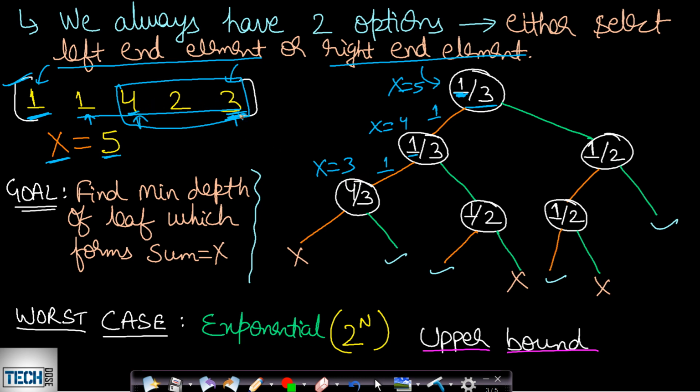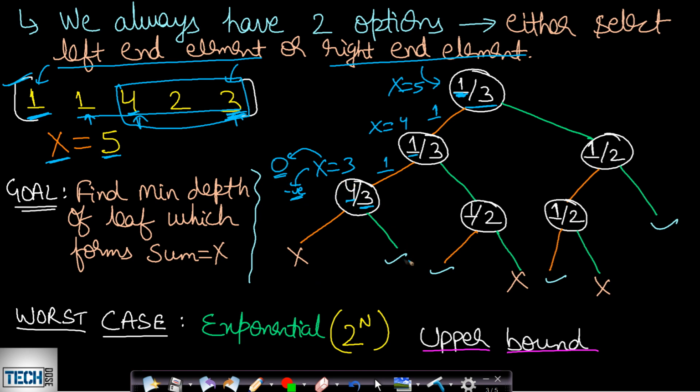Okay. Now, since you have value 3 here, you have two options, either to select 4 or to select 3. If you select 4, then obviously your x value will go to a negative number, which is not allowed. Therefore, you cannot select this 4. Okay, you cannot go beyond this point and make selections. So here we will have to end.